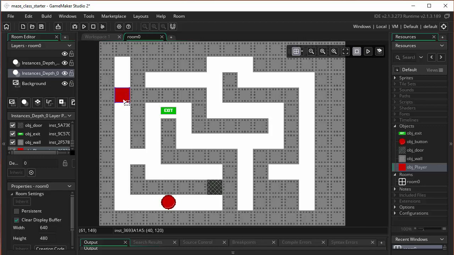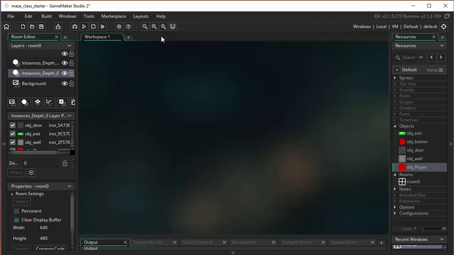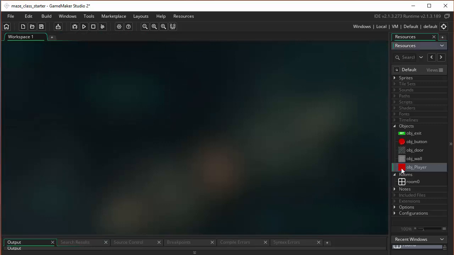If they press the down key again, it keeps moving until it reaches the next available cell and then stops moving. So let me show you how we can set that up. Open up our player object,